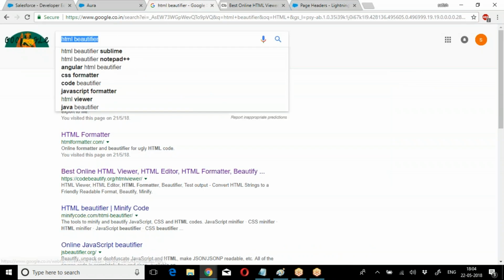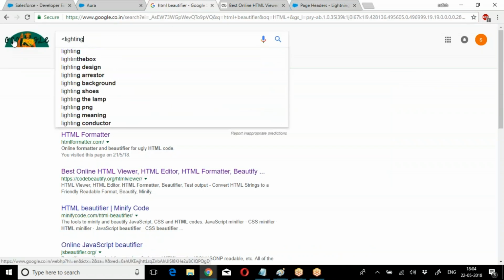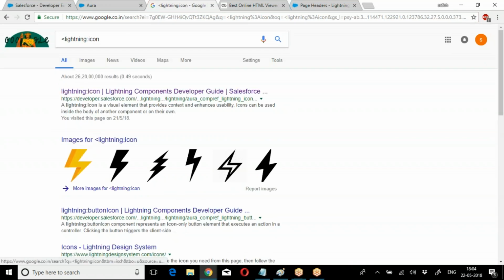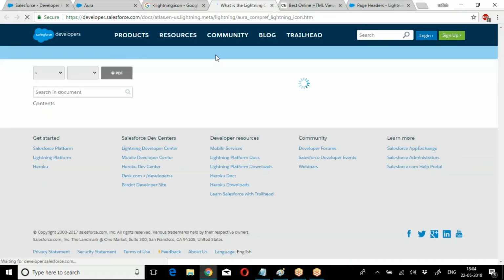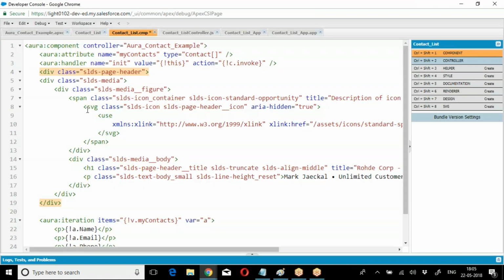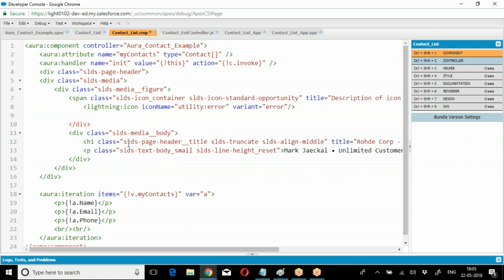So how to use your own icons? Again, there is an attribute called lightning icon using which we can go for it. So how will this icon be created? Lightning component. So what should I do? I have to remove this SVG because it's not going to support. The source is not supported by my organization. So what I did? I removed this SVG, creating